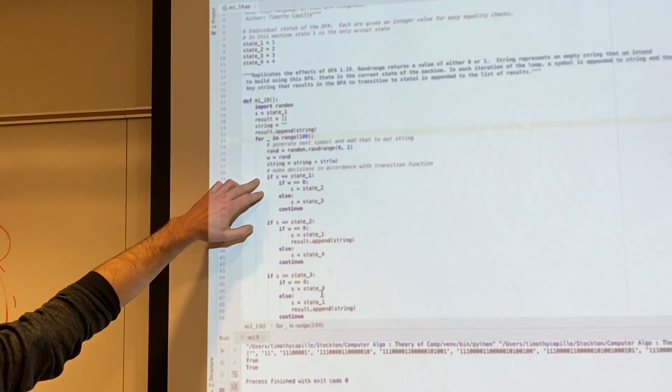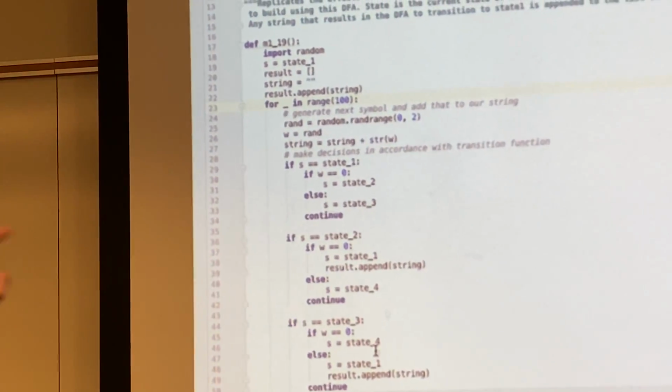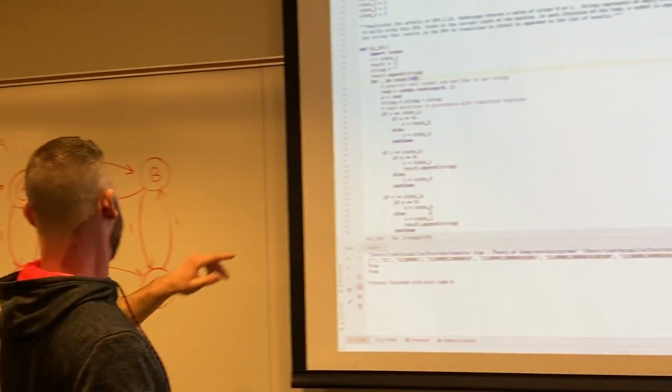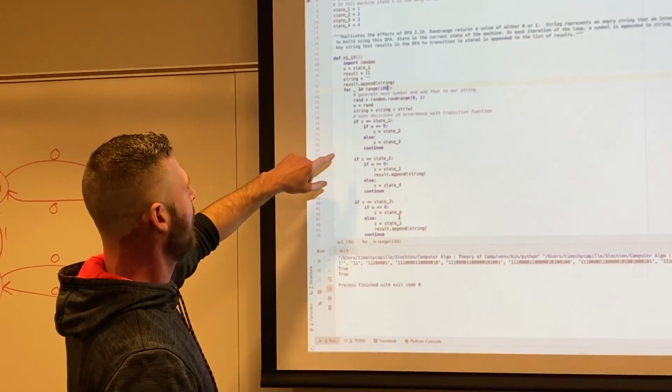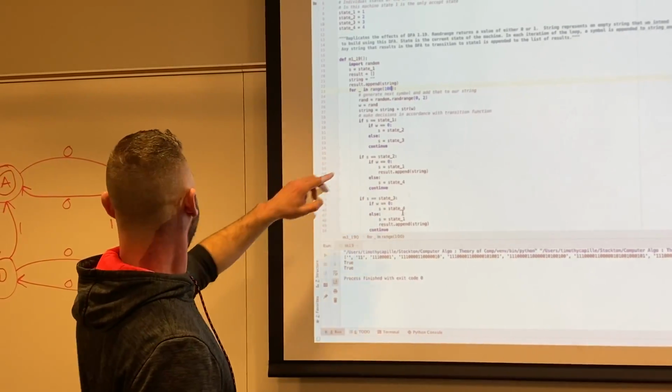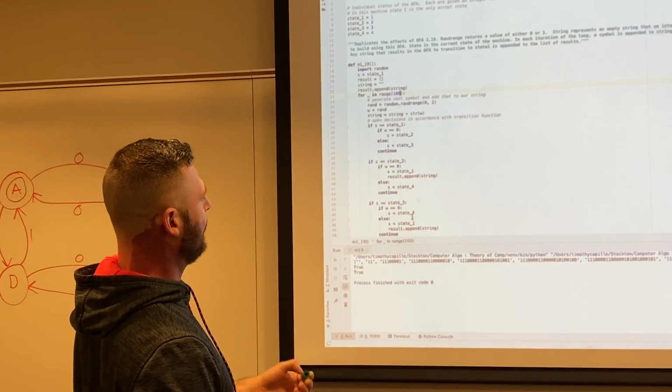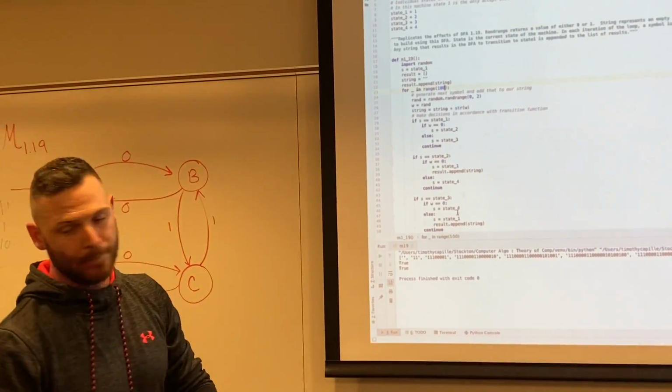So in state 1, if we get a 0, we go to B. Else, we go to C, or D. I think that's C. I might have misdrawn that. If it's state 2, same thing. And then all these have the 2 states of when you get a 0 or you get a 1. Now, given that,